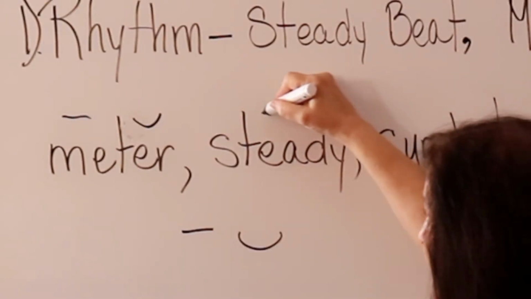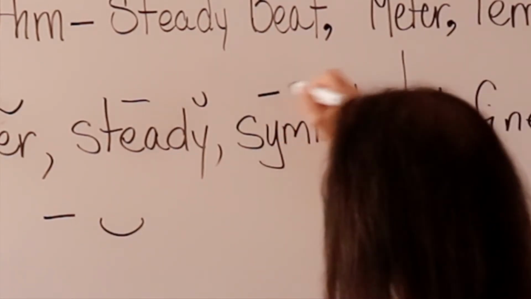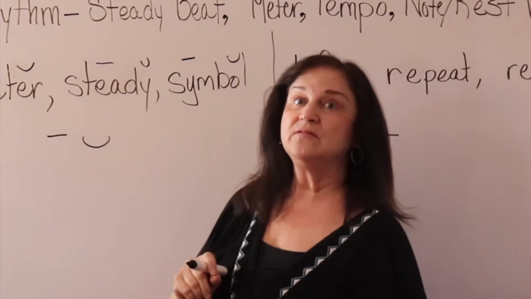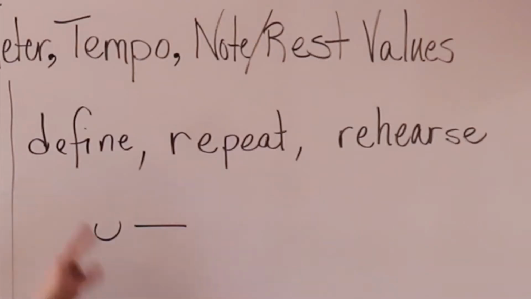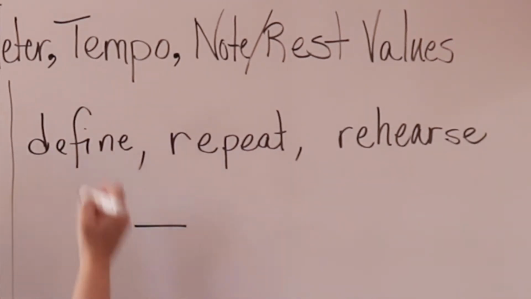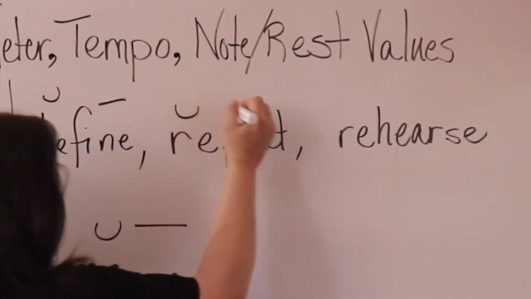Meter. Steady. Symbol, accents on the first syllable, and then the unaccented is on the second syllable. Over here we have words that are unaccented in the first syllable and accented in the second syllable, like define, repeat,